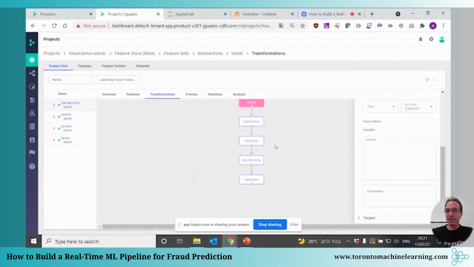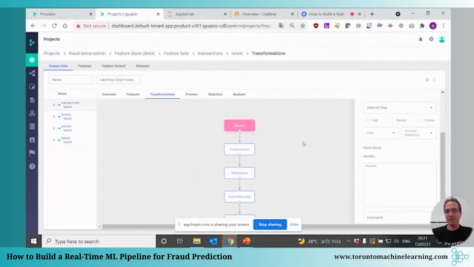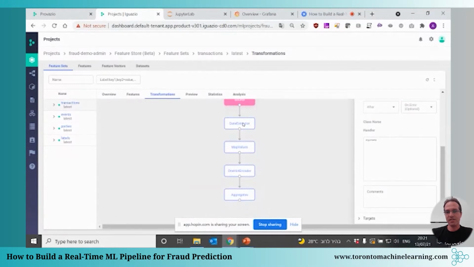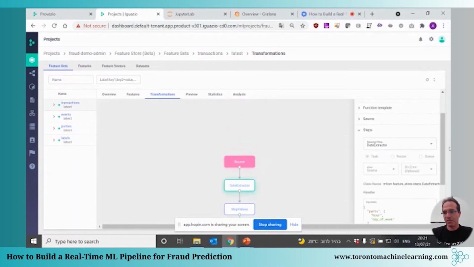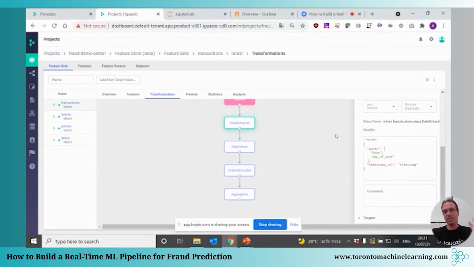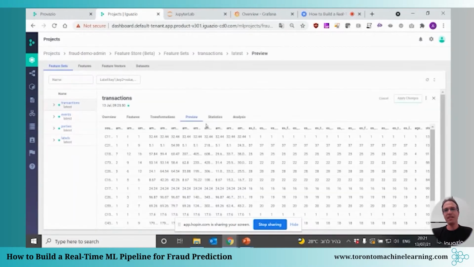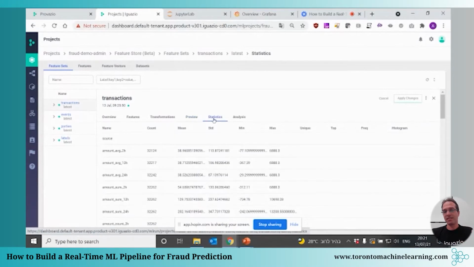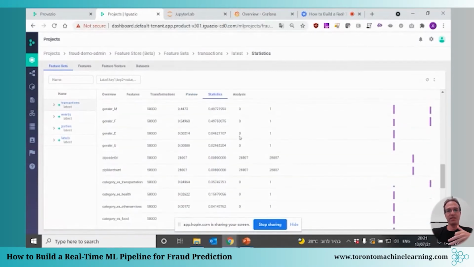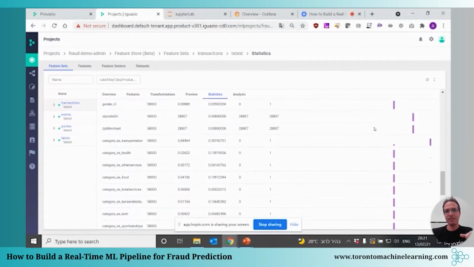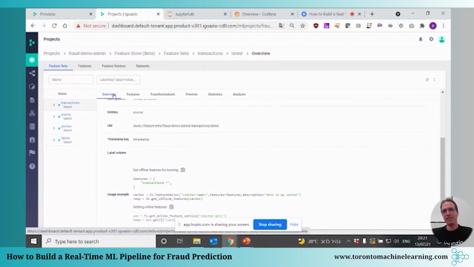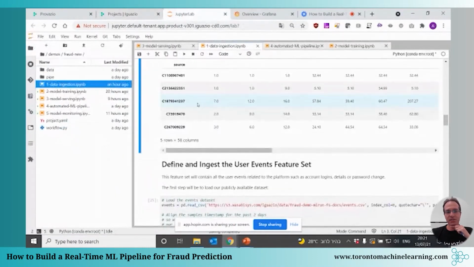Speaking about the graph, you can see the graph here in the user interface. So those are the steps that we've just seen in the Jupyter notebook, the data extractor, make value, one-hot encoder, all that kind of stuff here. We can actually go to the info pane, select one of those steps, and see the actual code that is part of the graph. We can preview the data. We also run some statistics. So we have a built-in mechanism to run statistics on all of those features. We're running some histograms as well for each and every feature, and so on and so forth. So you have lots of data that you can view here in the user interface.